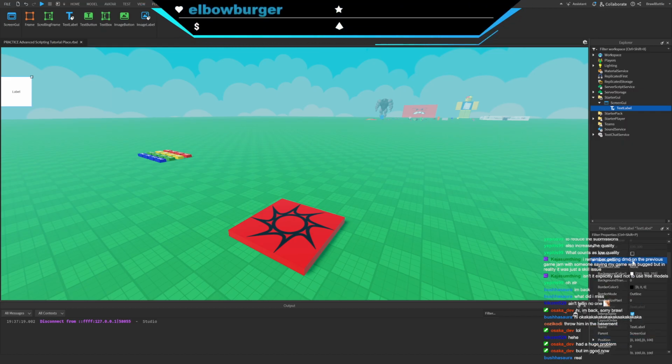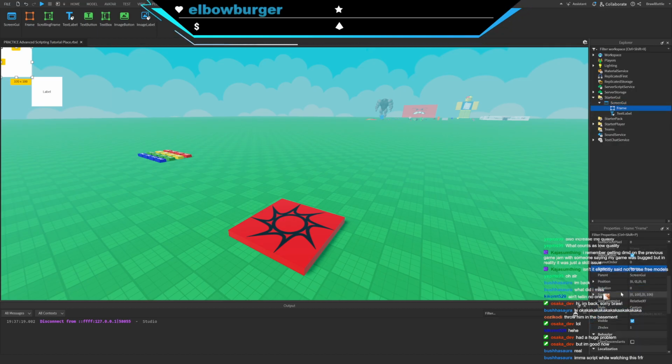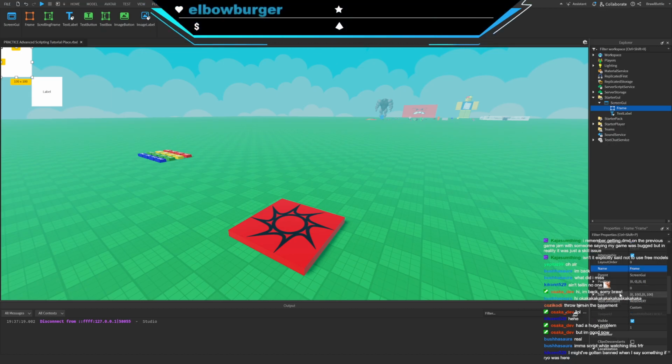Now, I was going to experiment with something else. I forgot what it was exactly. I think I was going to experiment with frames within a frame, or a GUI object inside of a GUI object. So let's say I did have a frame here. This is of size 100 by 100. If I were to make this 200,